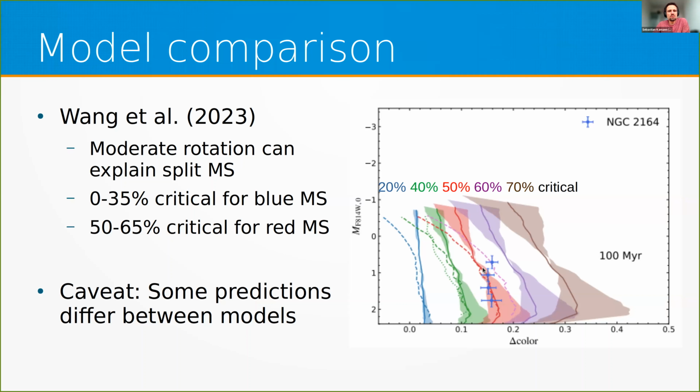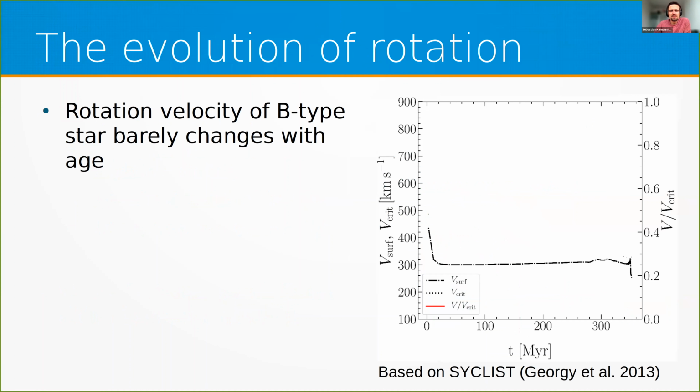So their conclusion also was that rotation rates of the order of 0 to 35% for the blue main sequence and 50 to 65% for the red main sequence can explain the observed color split, which I think nicely agrees with our observations. Although I want to raise a small caveat here, that some model predictions still seem to be differing between the models. And for example, in the models that we compared to our data in NGC 1850,